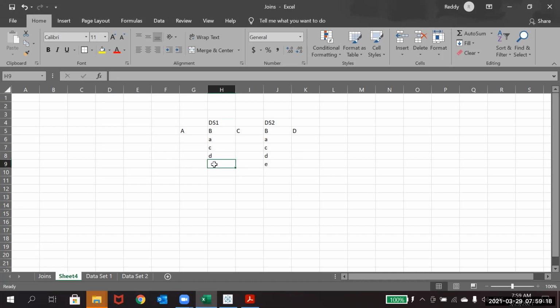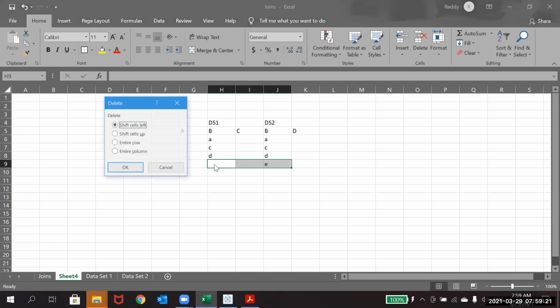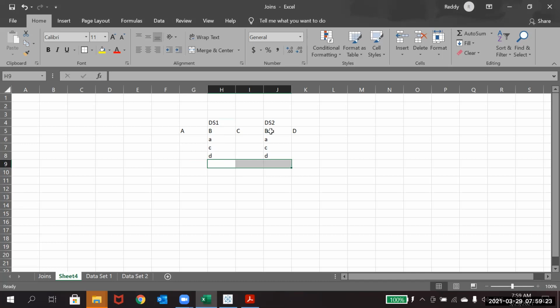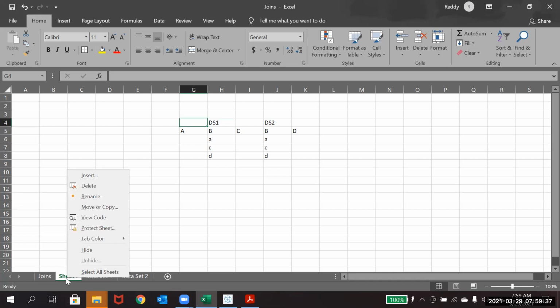It will not show up only for the inner join, but for the rest of the joins you have to keep them and put the result. Either from the left side or the right side, you should compare and keep it. Do this in Excel first, and then go to Tableau.